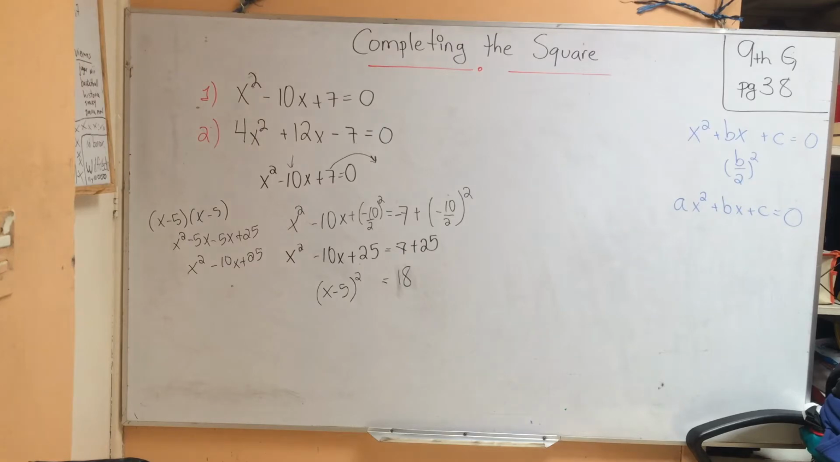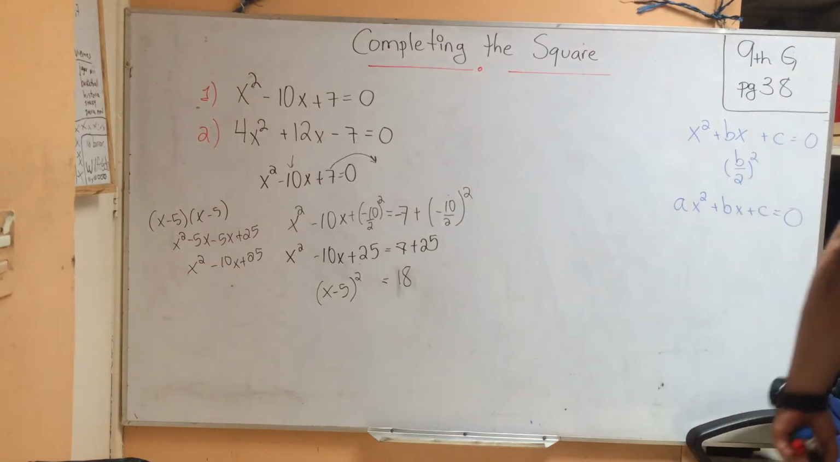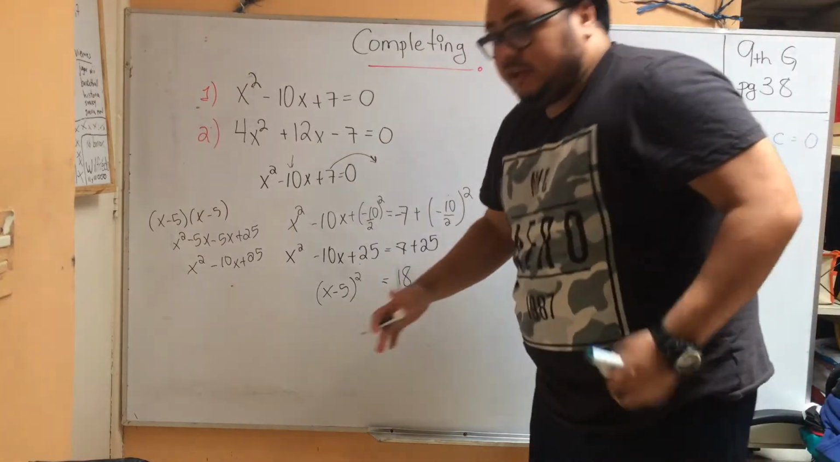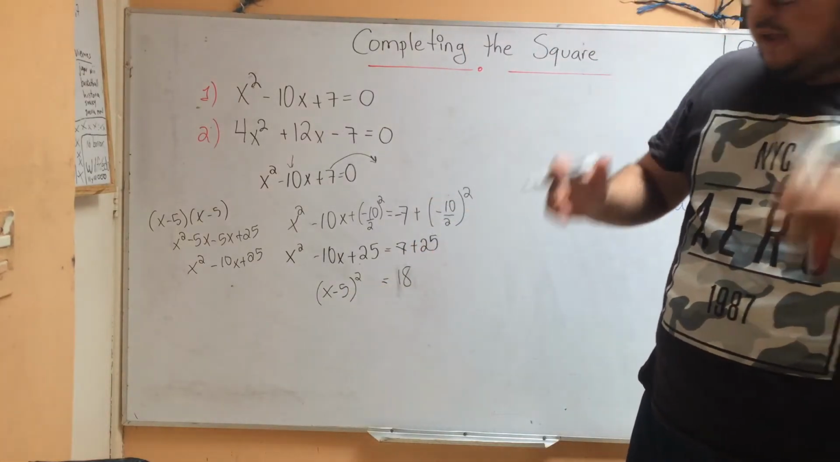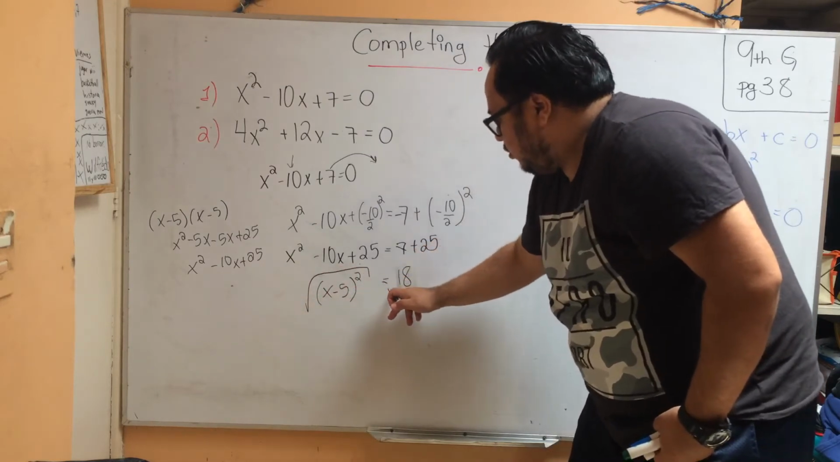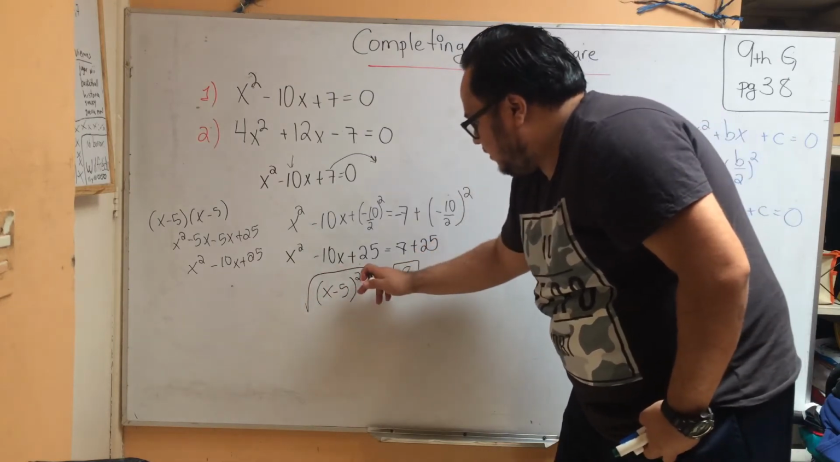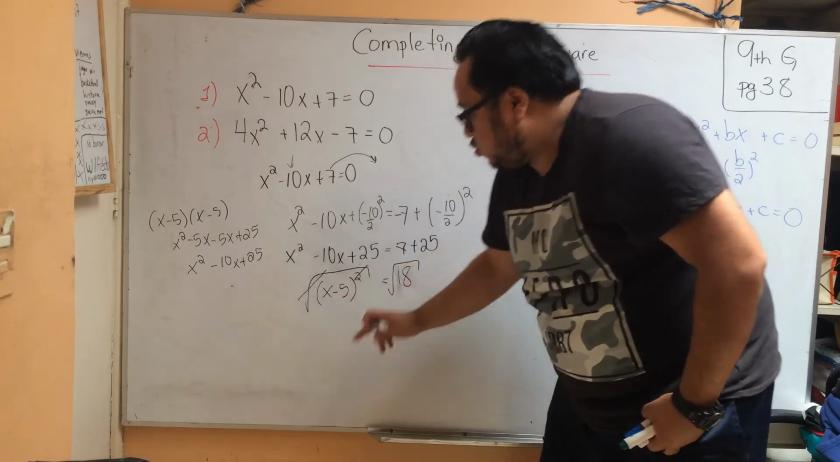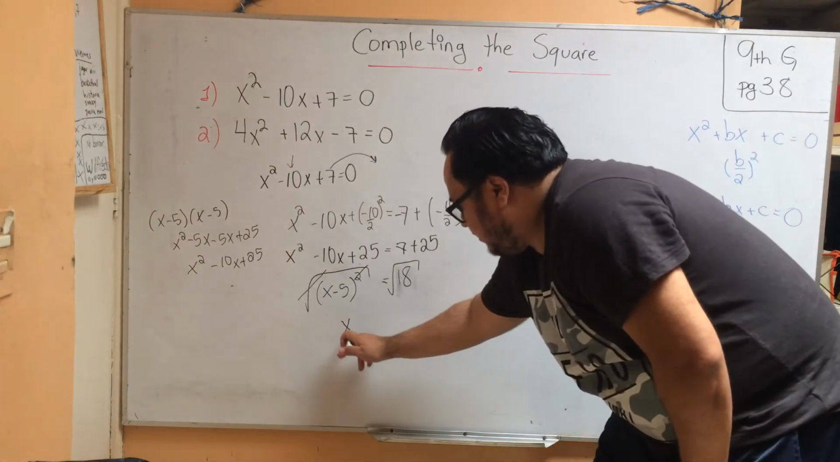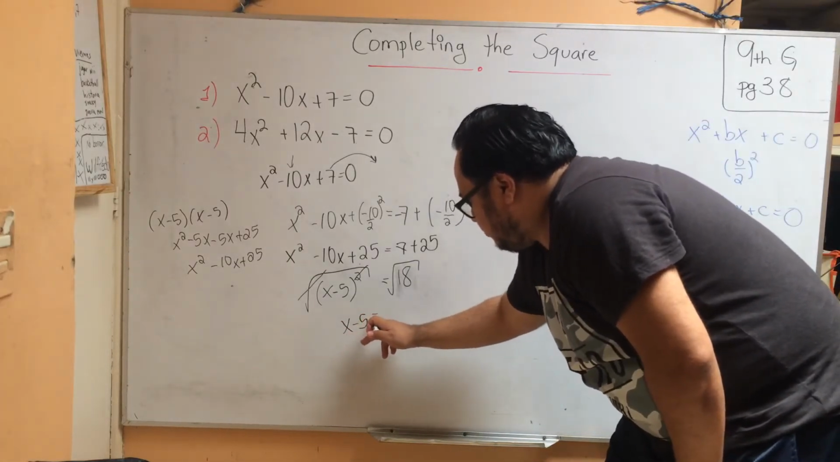So we have that x minus 5, to the square, equals 18. Remember, what we're looking for is to solve for x. So we need to apply square root on both sides so that this one is canceled. The square root is canceled with the square, because they're opposite operations. So we have that x minus 5 is equal to